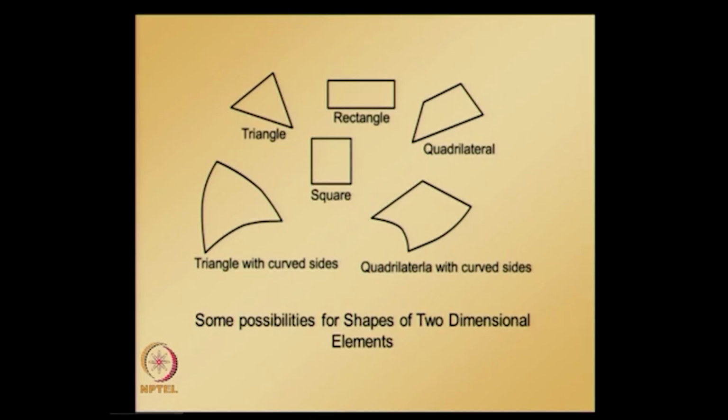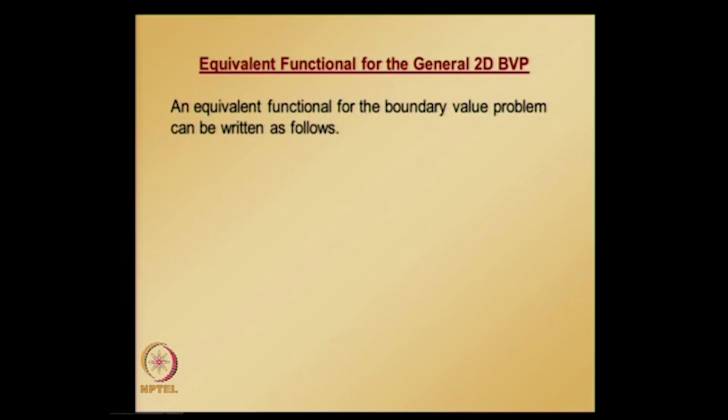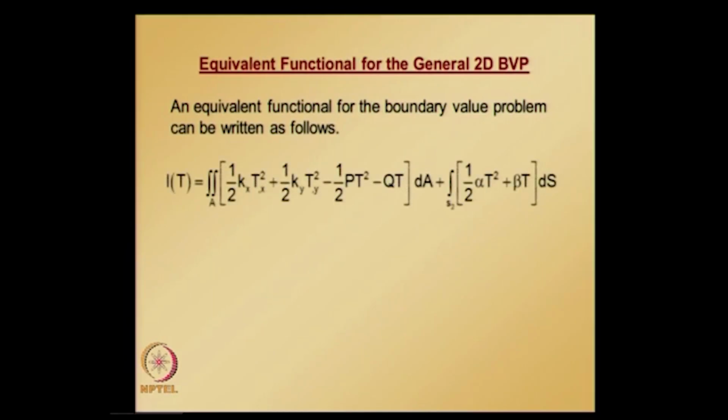and before that, these are the possible shapes for 2 dimensional elements: triangle, rectangle, square, quadrilateral, triangle with curved edges, quadrilateral with curved edges. So, the equivalent functional for the boundary value problem that we already noted can be written as given here,